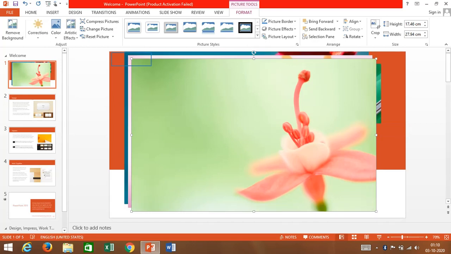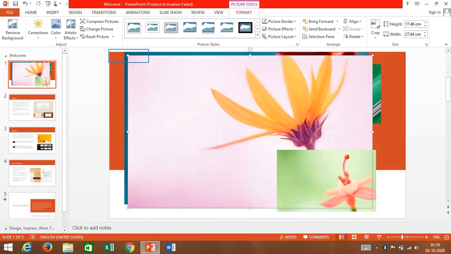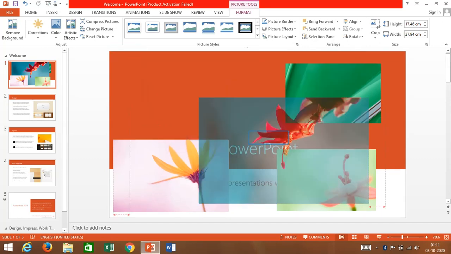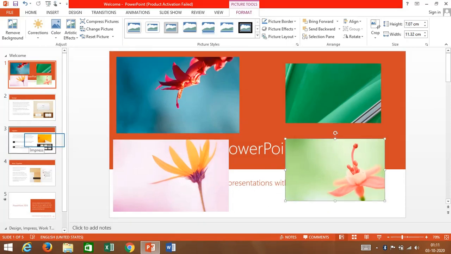So I will resize all the images according to my need, and I will place them wherever I need to keep the different pictures. So as you saw, we can insert a single picture, and we can also insert multiple pictures at a time in one slide.